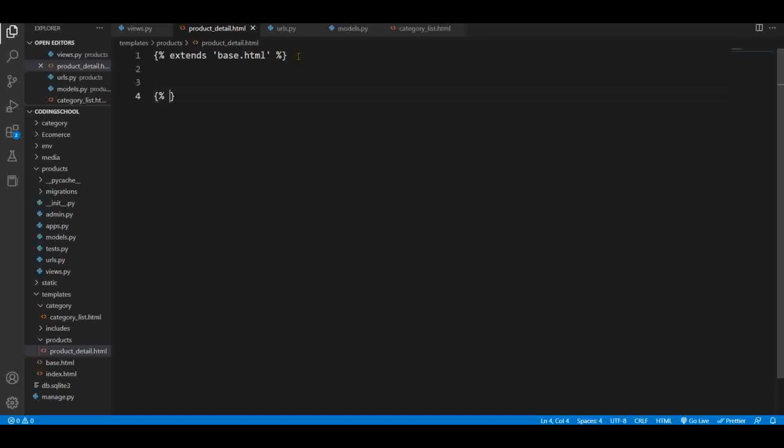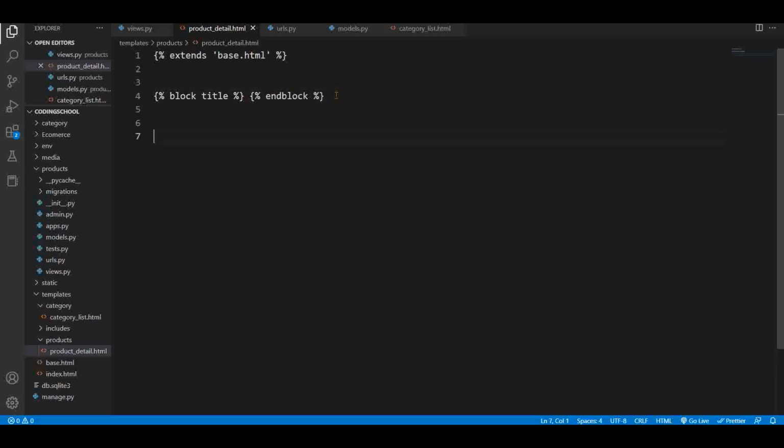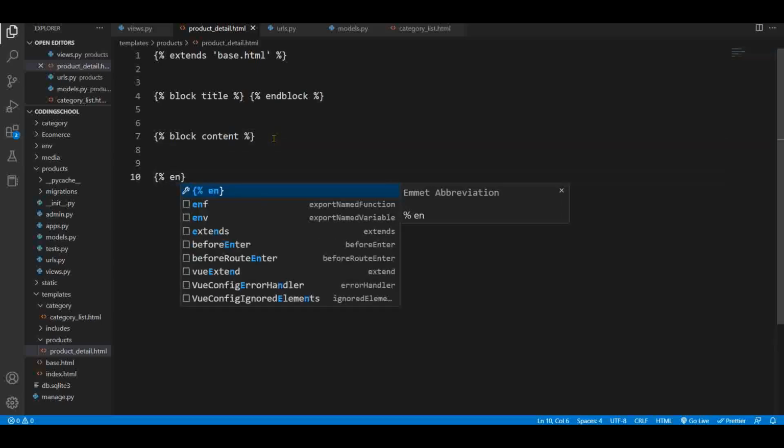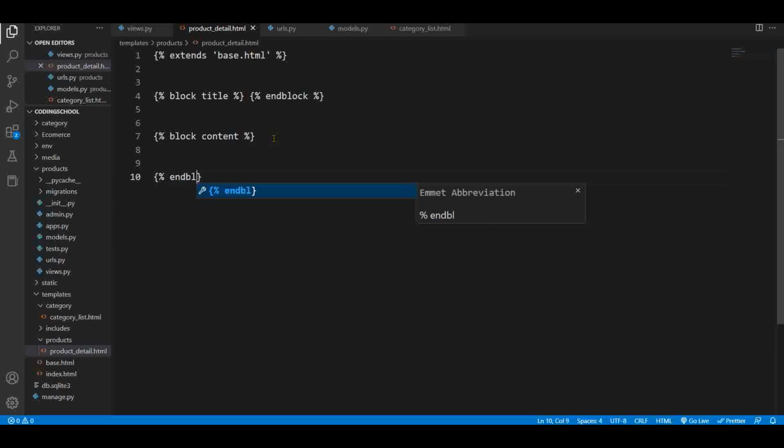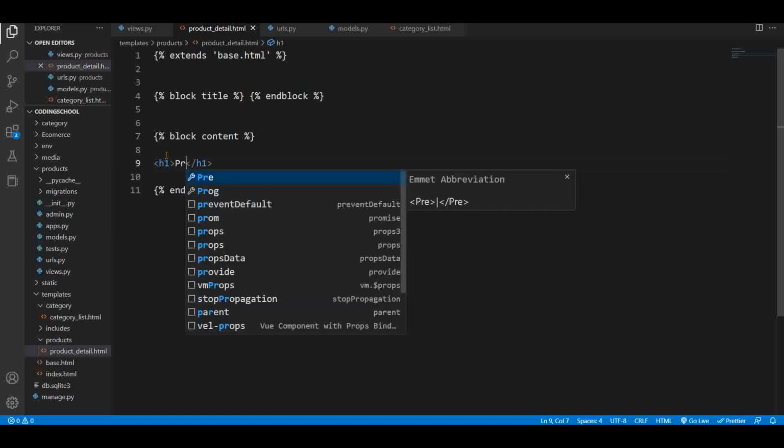Then block title and end block. Then block content. You also end the block. So what we just do is h1, say product,